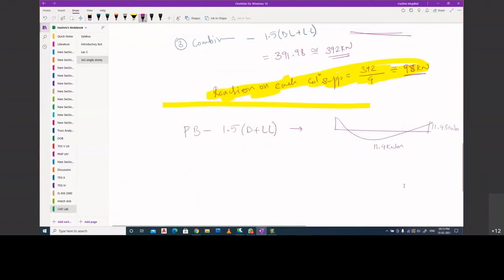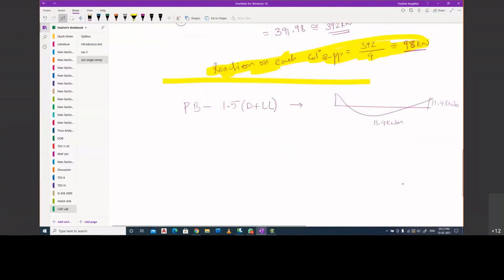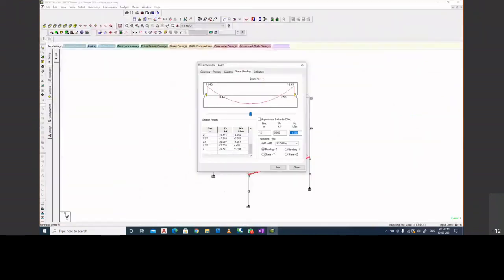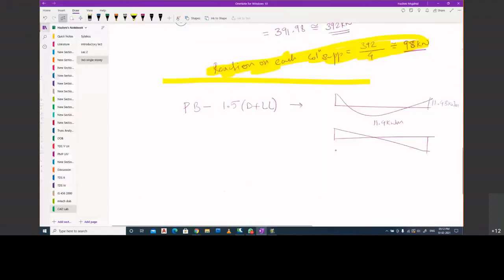What about shear force? Let us very quickly check that as well. Shear, we are getting it as negative 30.43 kilonewton.